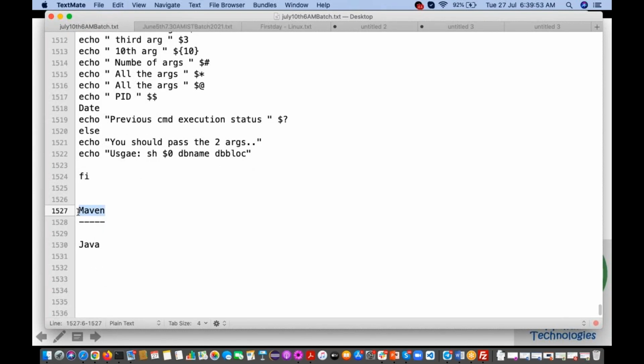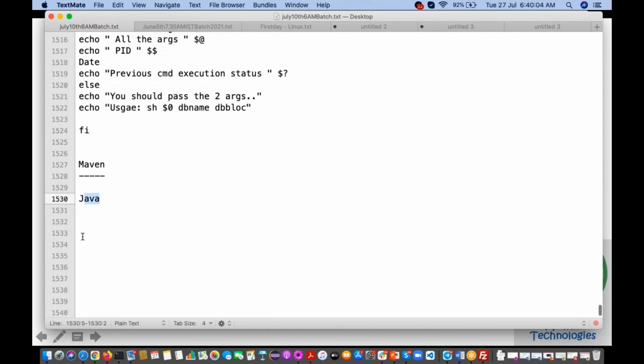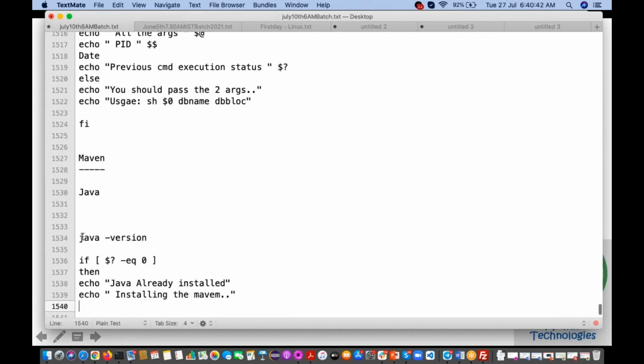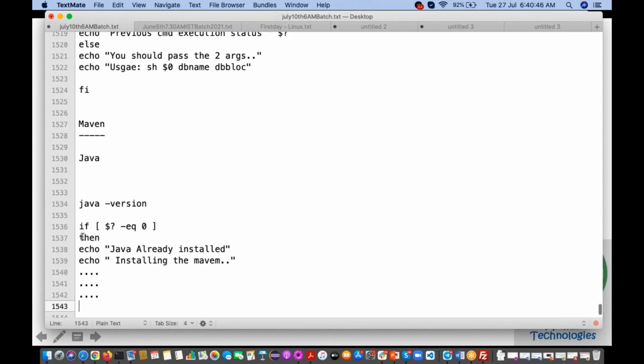When I'm trying to install Maven, assume I have written a shell script. First you have to check whether Java is installed or not. So in my shell script, I am executing this command java -version. Then if dollar question mark -eq 0, then display the message echo Java already installed. Okay, installing the Maven. Here we are going to keep the Maven installation steps. Else,